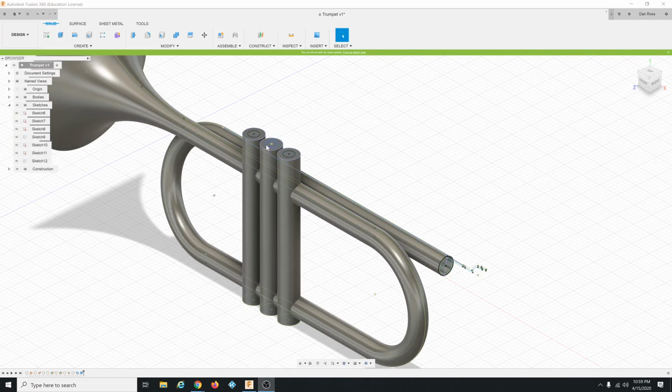It's these 3 little profiles on the top. So I messed up. I didn't do this last extrusion. I didn't make it long enough. And I could undo and fix it, but I'm going to use the parameters